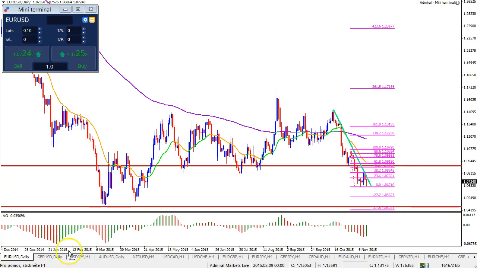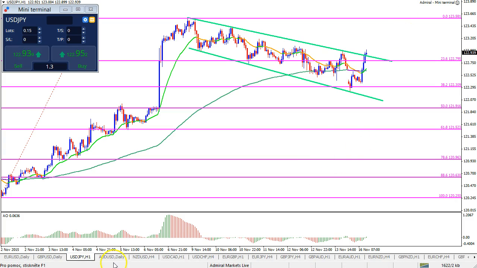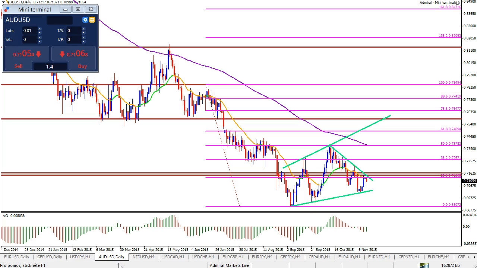So that's the euro dollar, and the pound USD as well. Looking for a downside break could be an interesting trade. Dollar yen, an upside breakout potentially, or the 50 fib bounce as well. And the AUDUSD, just keeping an eye on those trend lines